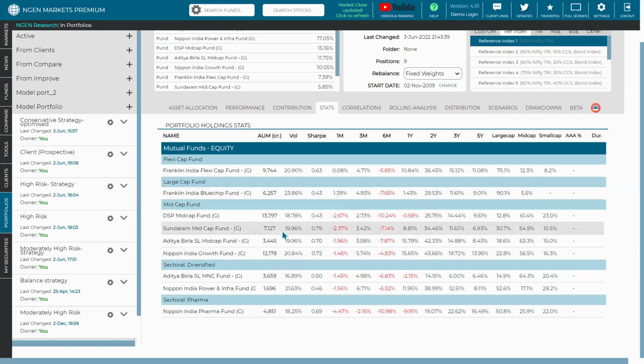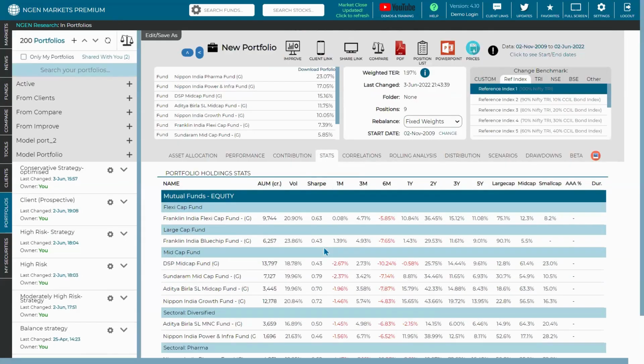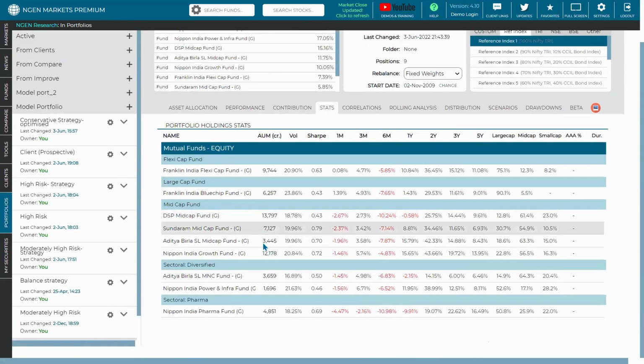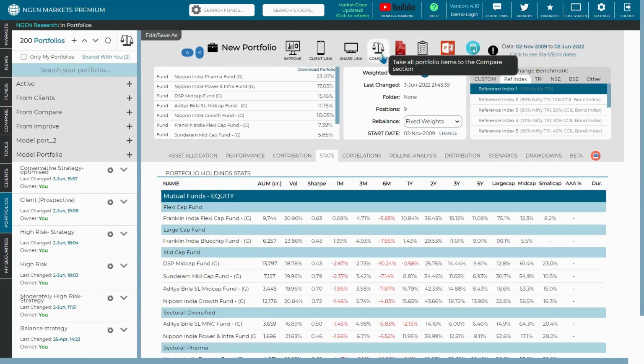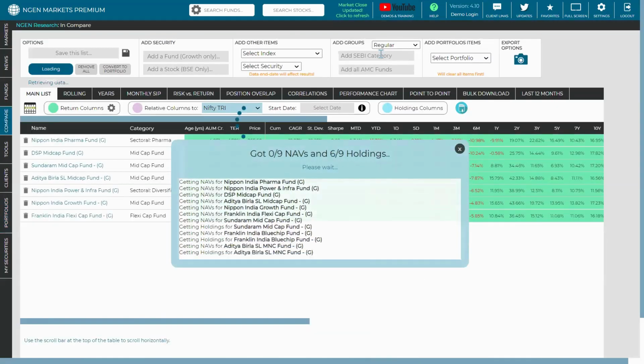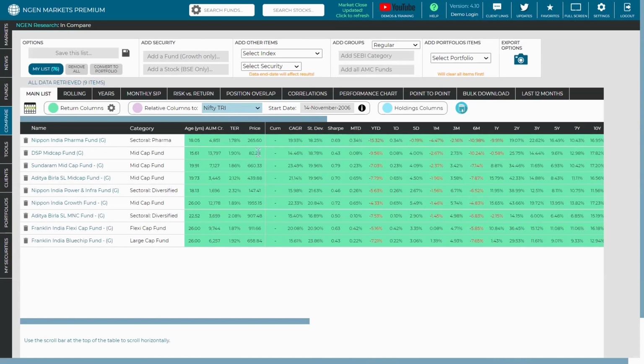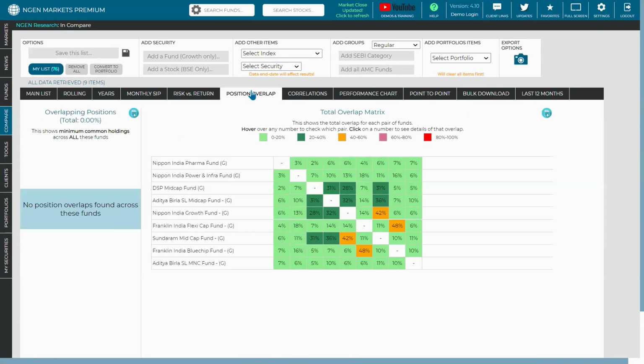So what you can do here is you can definitely see that these are the four mid cap funds, and we need to take a call on which fund we should go for. One thing we can do here is onboard this entire set of funds to see the position overlap between them. So I'm going to click into the compare section, and all these funds from the portfolio have been added. If I click on positional overlap, I will see the overlap between those